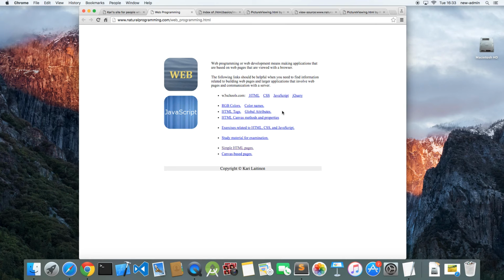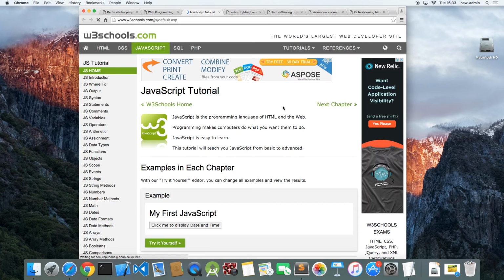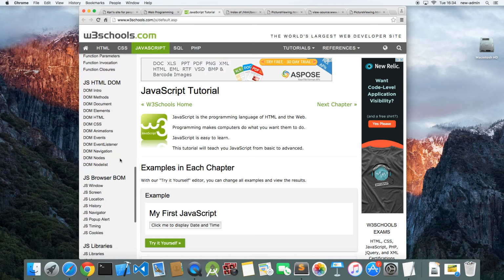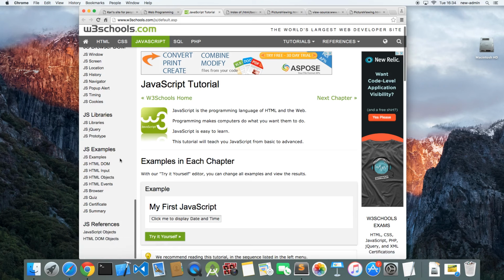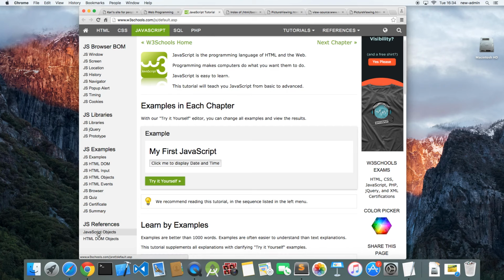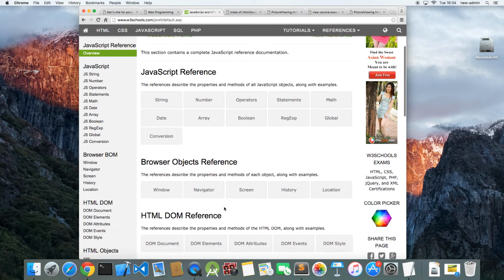For instance, if you want to get information about the image element, or which attributes you can modify in an image element, you could click this link and you get to this page, and here you have a lot of links. If you go to the end and select JavaScript objects, you should be able to find